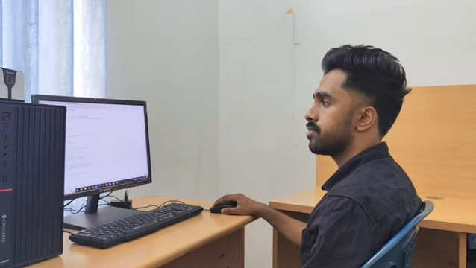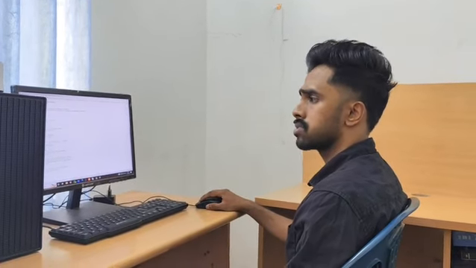Then I want to see top doctors, so I type top doctors equals df doctor dot value counts, same head 10. Then I print doctors by patient count.